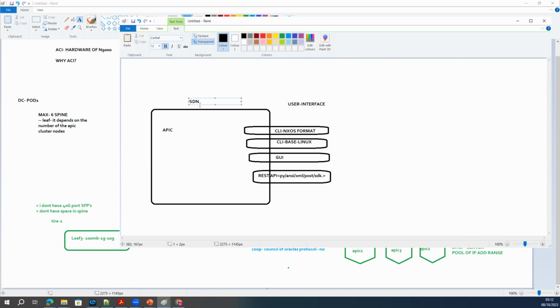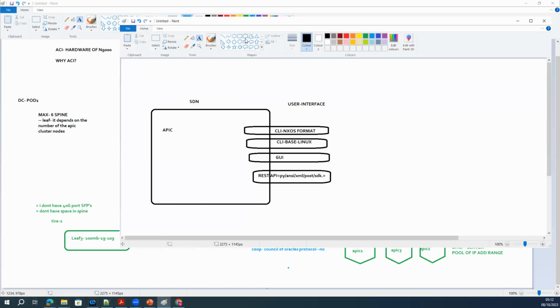There are multiple open source SDN controllers available, but when you call that an SDN controller, most of the time we refer to it as a control plane, right? Because if you talk about SD-WAN, we have the control plane acting as vSmart. But here we are saying that the SDN controller is only a policy controller.